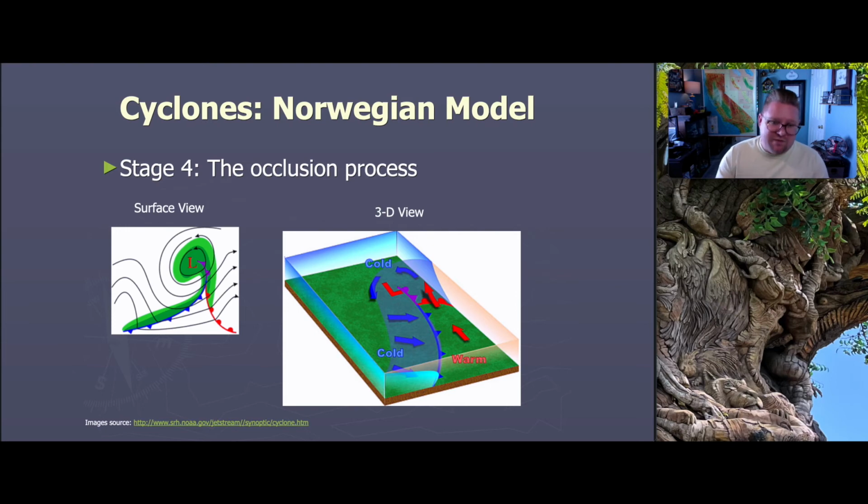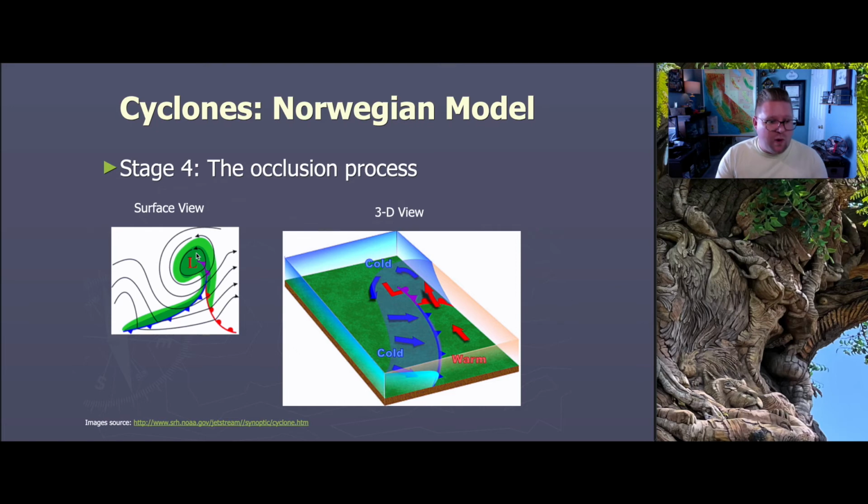So that is where we have a very well developed low pressure system in the middle. Going farther outward, we know that the pressure is increasing. Again, now the warm front and the cold front at the low pressure point have become occluded. They have now merged together. So now we have an immersion of both cold and warm,